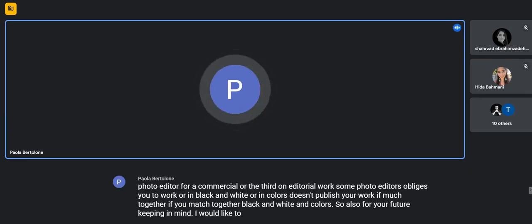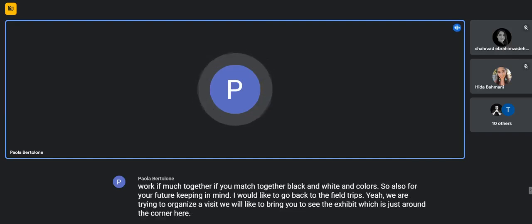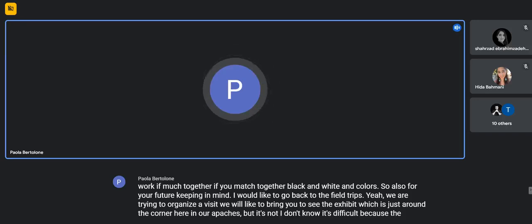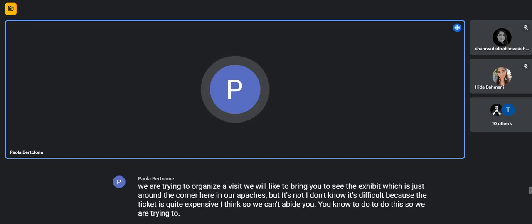So I would like to go back to the field trips. Yeah, we are trying to organize a visit. We would like to bring you to see the exhibit, which is just around the corner here in Ara Pacis. But it's difficult because the ticket is quite expensive, I think. So we can't oblige you, you know, to do this. So we are trying to find something